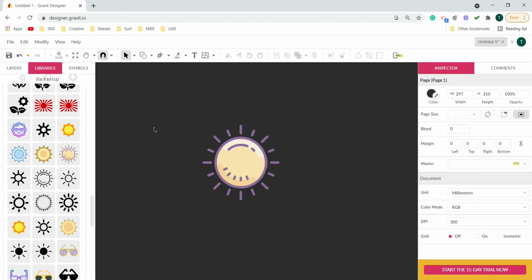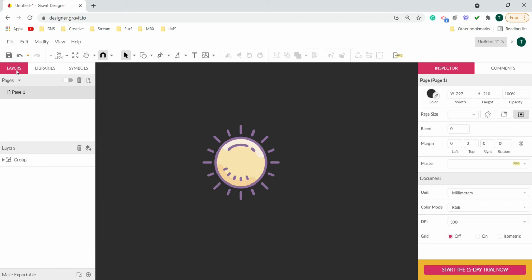So to change the colors of it, I'll come back to the layers panel over here, and here we can see that it is actually a group. If I open this group, we can see that it has been made with different paths. So we can close this eye to check each individual path over here.